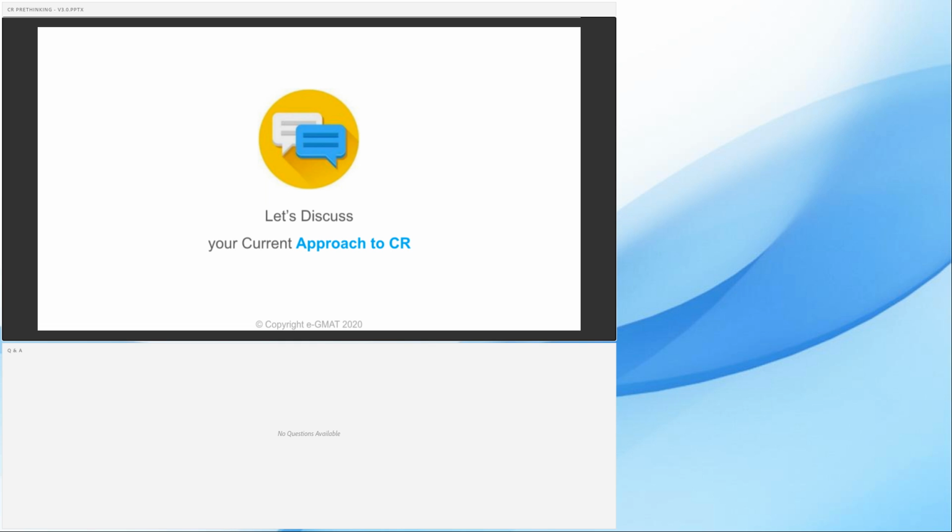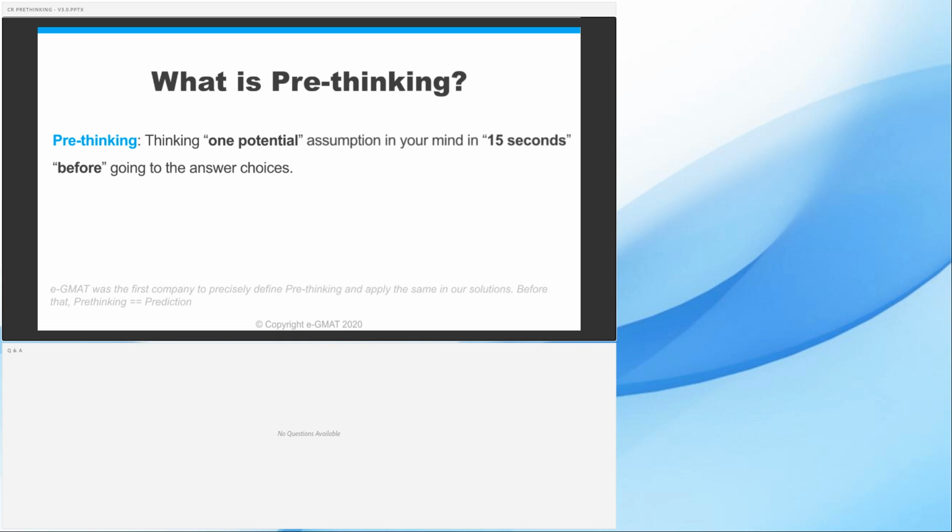So essentially, before we do that, I want to talk about what pre-thinking is, because it's a fairly misunderstood term. At e-GMAT, in 2011, we actually coined this term, pre-thinking. When you think about an argument, you think of one potential answer choice, whether it's a strength or a weakness, an assumption or an evaluate answer choice, in 15 seconds before looking at answer choices. So the goal of pre-thinking is to ensure that you synthesize the information